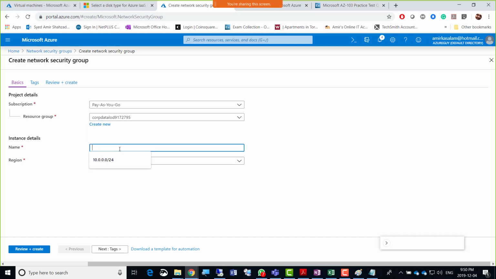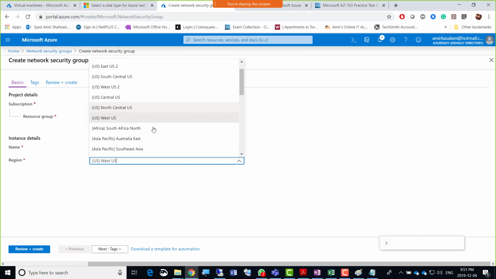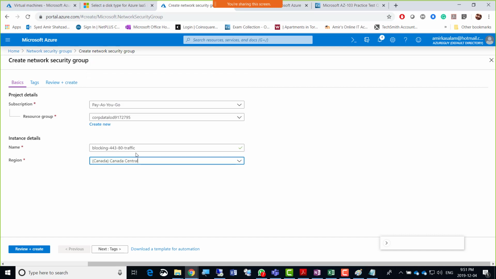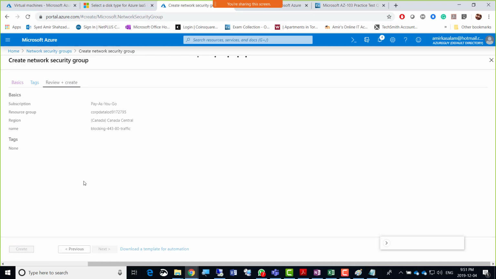So here you can just go for blocking 443 and 80 traffic. You can name it anything, and our virtual machines are in Canada Central. Now I'm not sticking to East US. In my case, my virtual machines are in Canada Central, so I need to make sure I'm going for the same region. So review plus create. First we create an NSG there and click the create button.